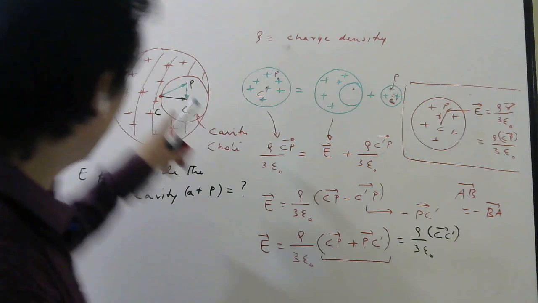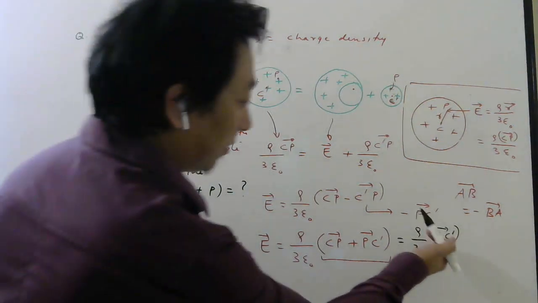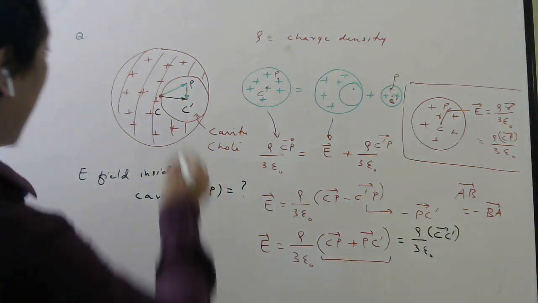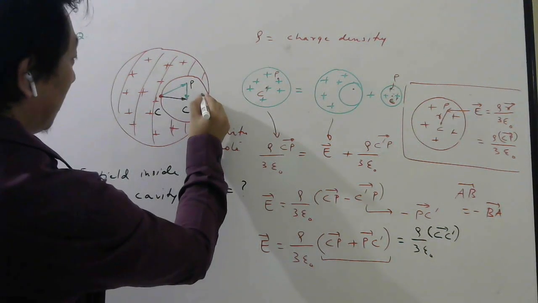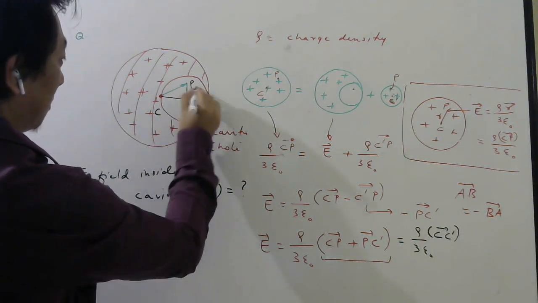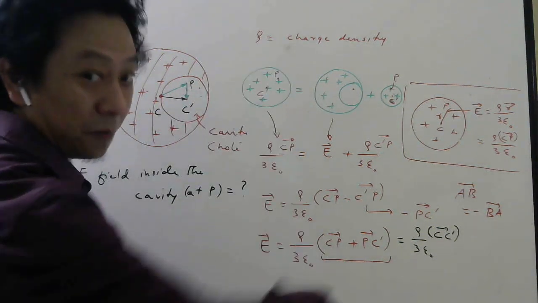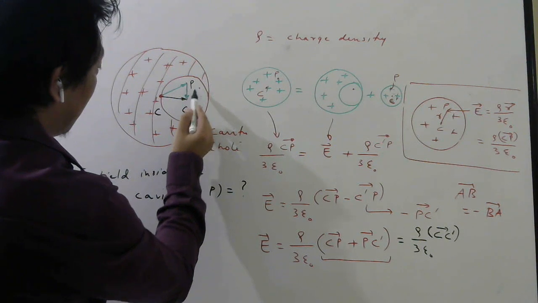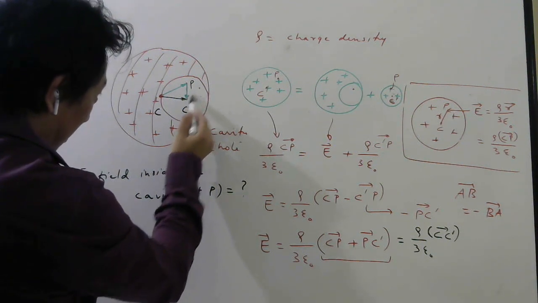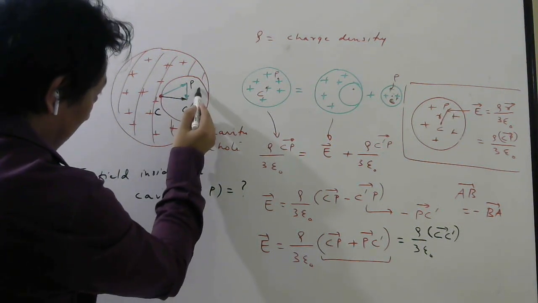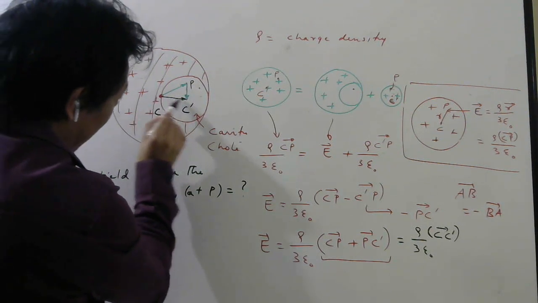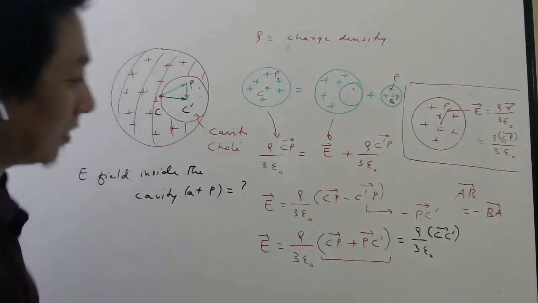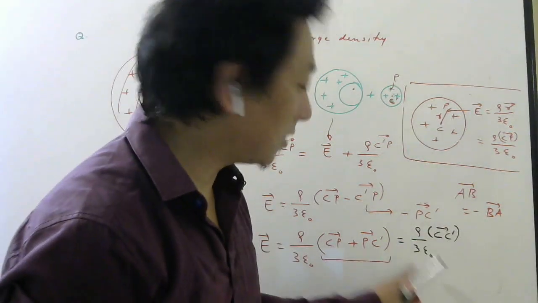So you can see, students, this final result does not depend on this P, no? There is no P left here. There was P here, but after adding, there is no P. If I had taken some other point P here and repeated the derivation, CP plus PC dash would again give you CC dash only. So no matter which point you choose inside the cavity, the electric field will always be this much.